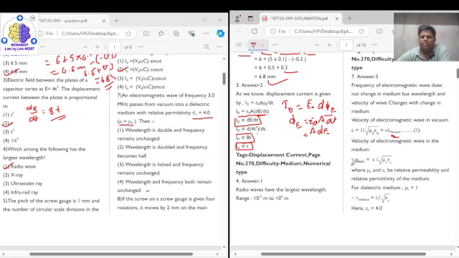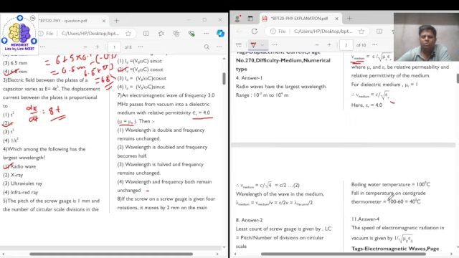In any other medium, the velocity of light is given as c upon under root mu r into epsilon r, where mu r and epsilon r are the relative permeability and relative permittivity. For the given medium, mu r is equal to 1. So the velocity in that particular medium will be c upon under root epsilon r. Here epsilon r is equal to 4. Putting epsilon r equal to 4, under root 4 becomes 2, so the velocity is c upon 2, and therefore the wavelength